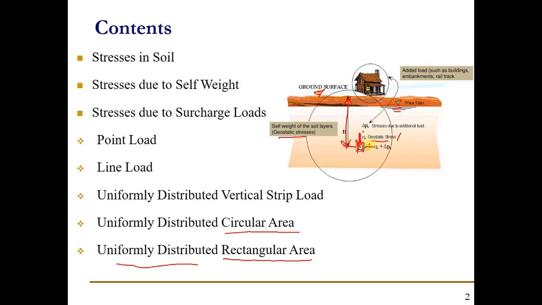There will be some horizontal stresses as well, which are usually equal to the coefficient of lateral earth pressure into the vertical